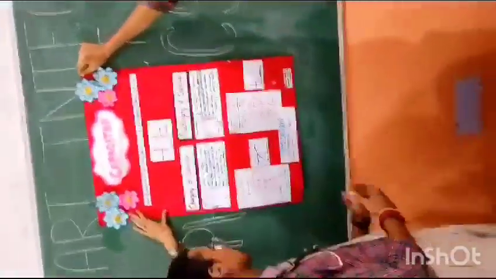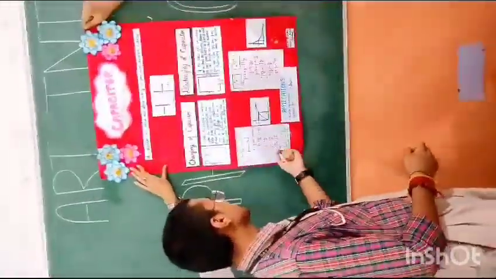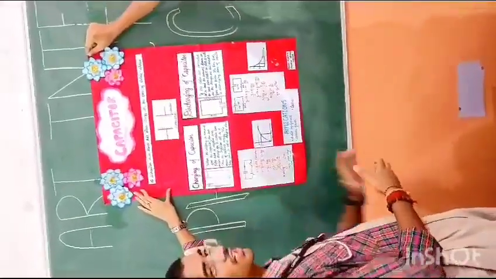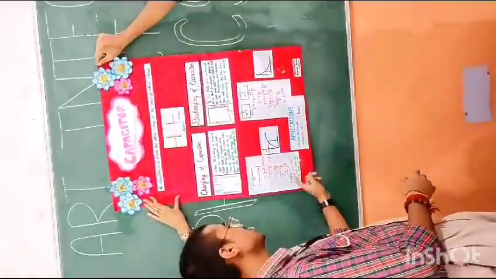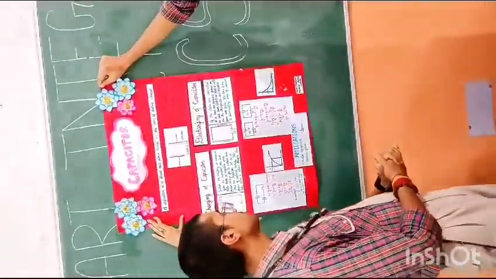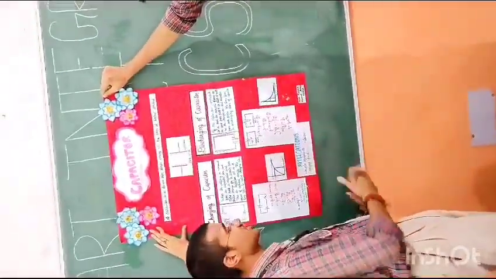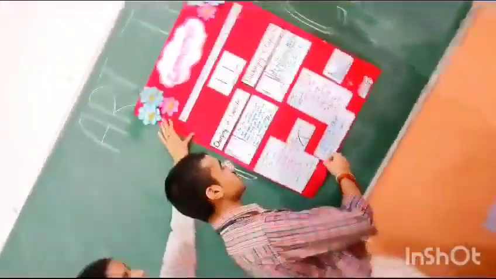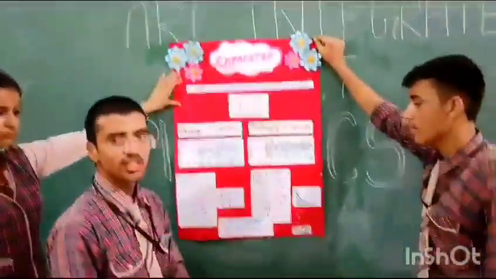Now let's focus on the equations. This equation is of charging of capacitor and this equation is of the transient state. And if we talk about the graph, here you can see that 0.63 Q naught of peak was attained, which shows that in one time period 63% of charging was complete.